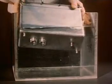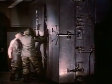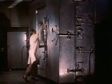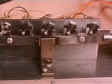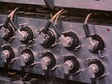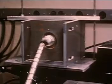Under all conditions, an airborne computer is likely to be exposed to, and some highly unlikely ones. High altitudes up to 120,000 feet. Low temperatures down to 100 degrees Fahrenheit below zero. High temperatures up to 200 degrees Fahrenheit. Sunlight. And rain tests. Life tests of mechanical and electronic units. Vibration tests. In this test, the question is not, will the computer work under this condition, but how long will